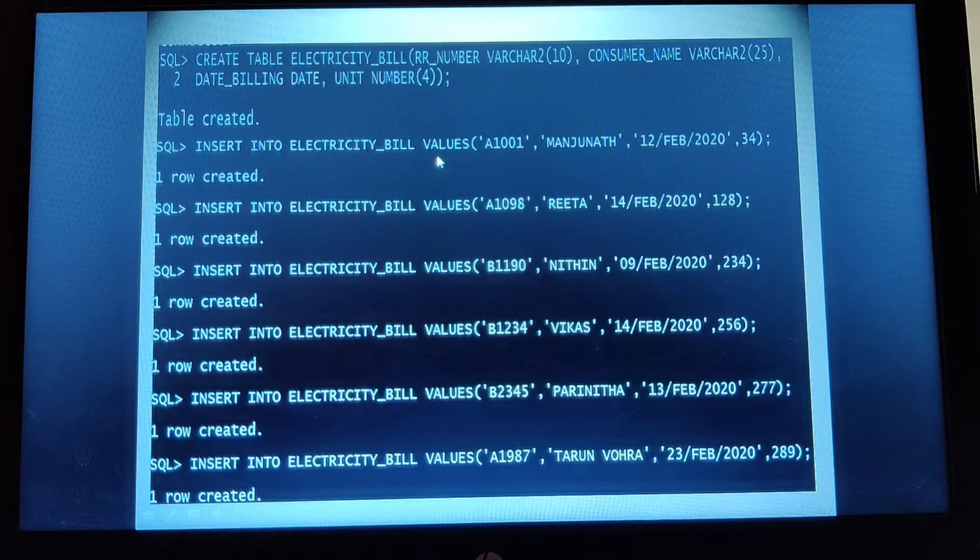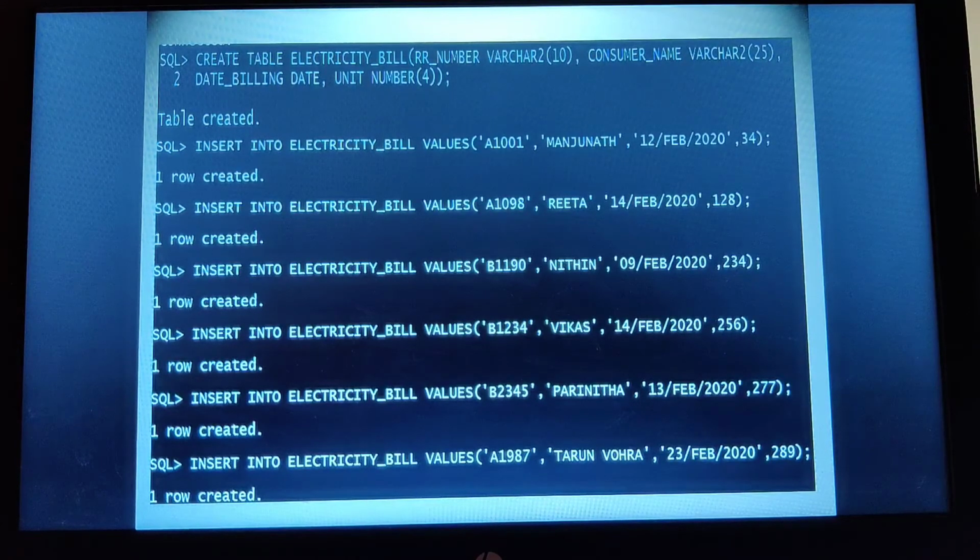So this is my first row created. I am getting the output as one row created. Every time I execute, when I create the second row, I specify the same query but with different values. When I execute again, I get the output as one row created. Like this, how many rows? 1, 2, 3, 4, 5, 6. So 6 times I have inserted the values, so 6 rows are created. For every row you create, you get the output. I hope, students, you are able to understand how to insert.